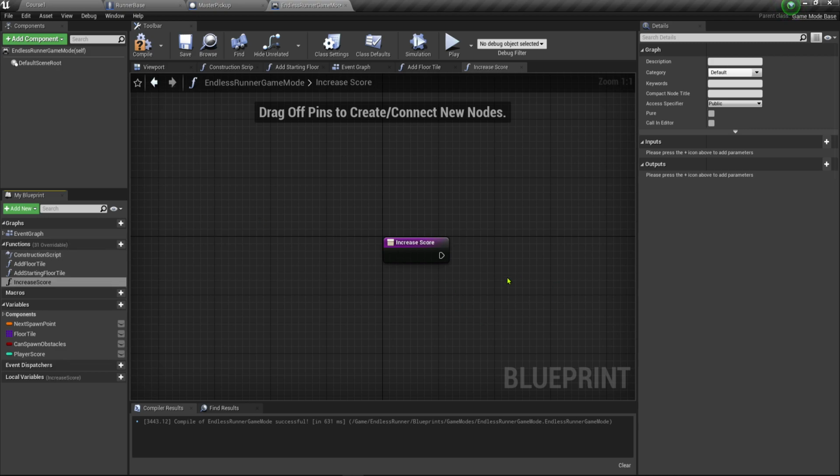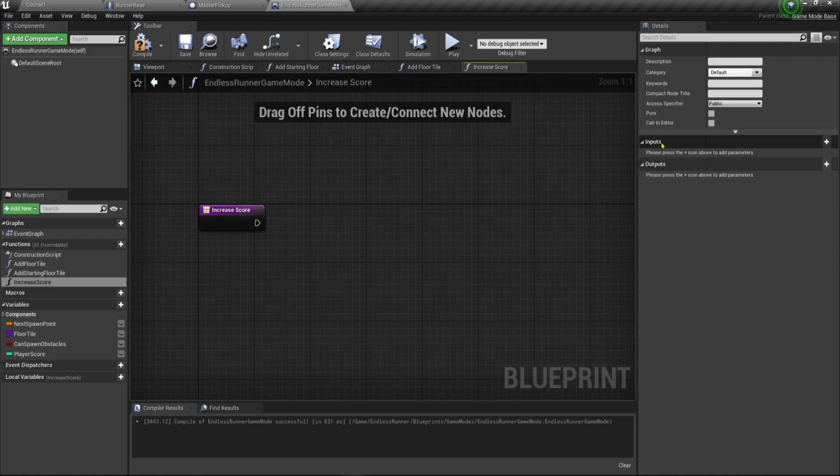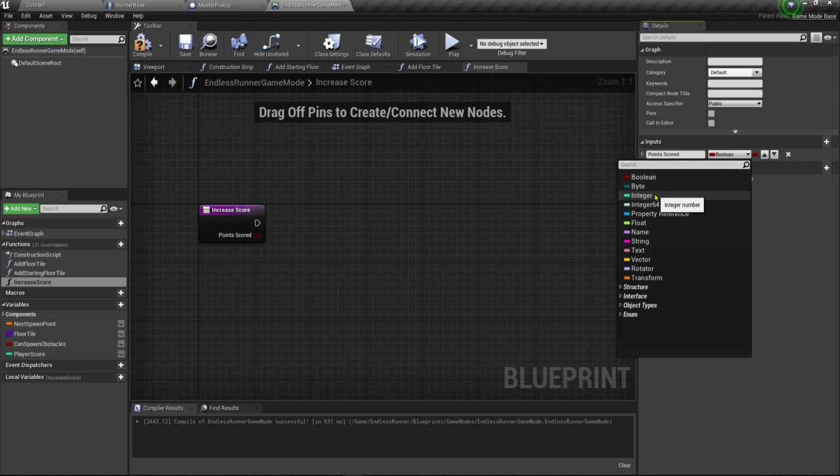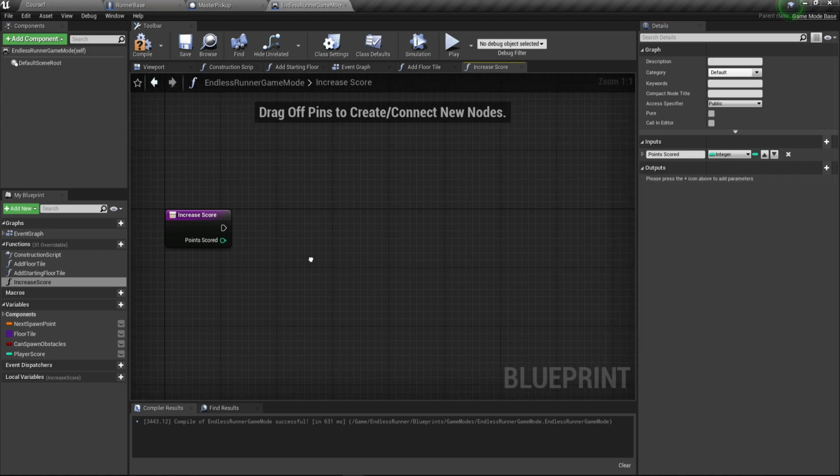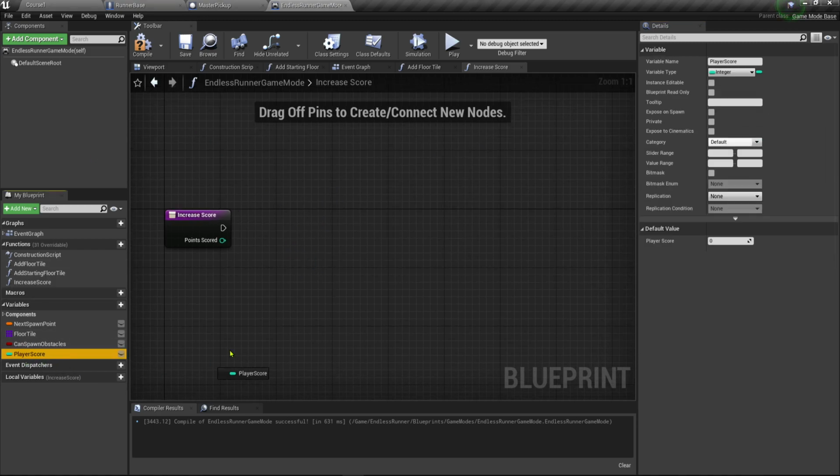So we'll call it increase score. We're going to add one input to it, and we'll rename this points scored. And we're going to change this to an integer. Okay. Then we're going to take our player score and drag it out here. We're going to set that